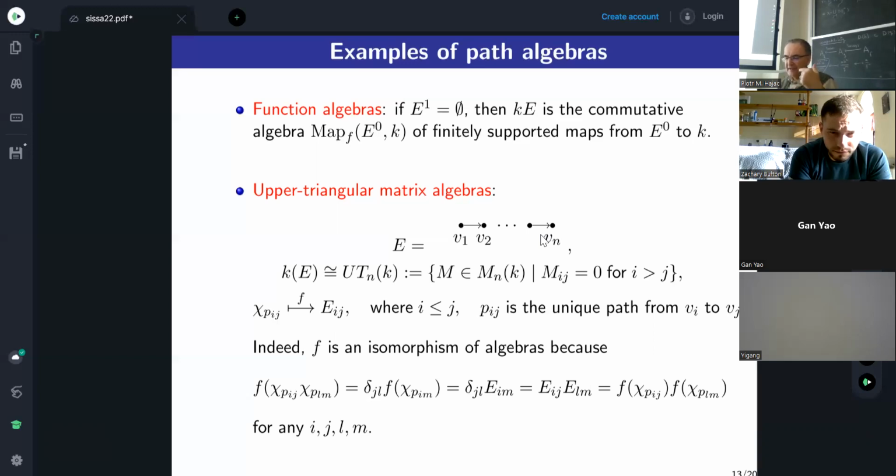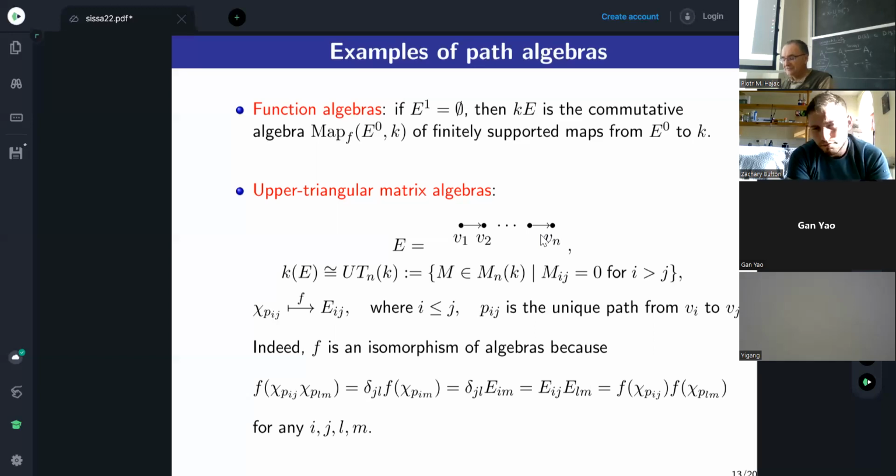So I write what is f of chi pj, chi plm. Well, by concatenation, chi pj times chi plm is obviously Kronecker's delta j and l, and then the beginning and end must agree to concatenate. And then you remove this middle guy, and then you have a path from i to m. Okay, so you have chi pim and the Kronecker's delta, delta jm, right? And then you map it to the elementary matrix